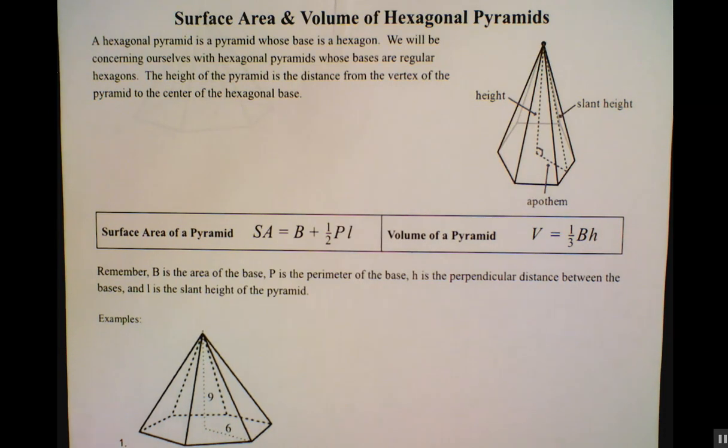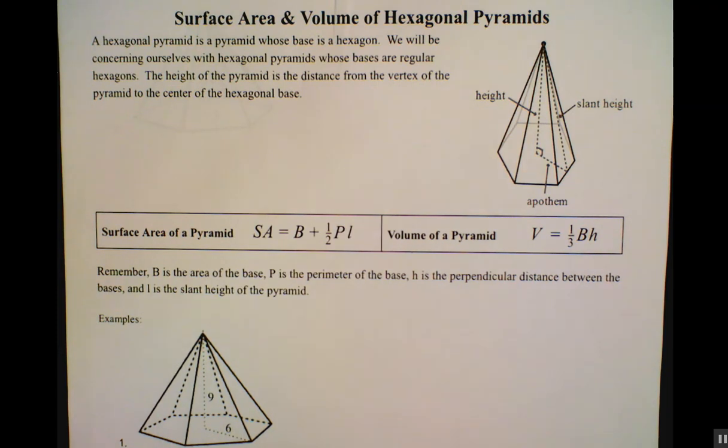In this video, we're going to be working through a couple of examples on finding the surface area and volume of a hexagonal pyramid. A hexagonal pyramid is a pyramid whose base is a hexagon. We will be concerning ourselves with hexagonal pyramids whose bases are regular hexagons. The height of the pyramid is the distance from the vertex of the pyramid to the center of the hexagonal